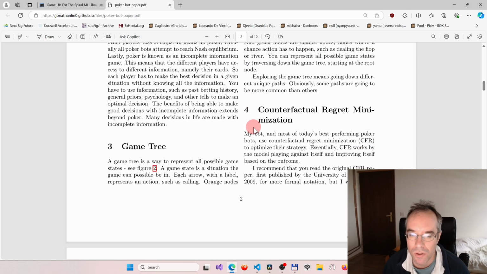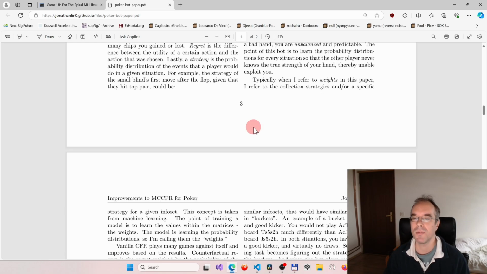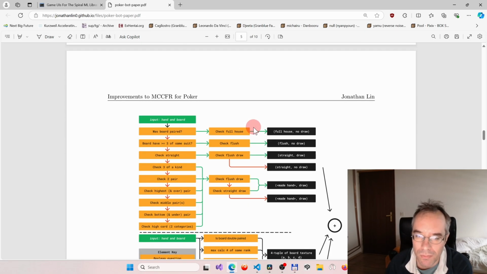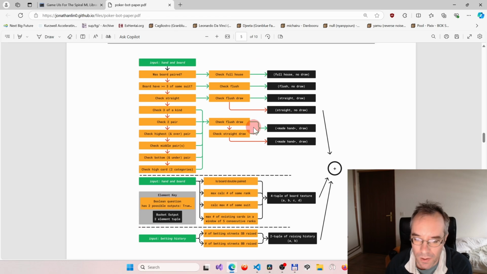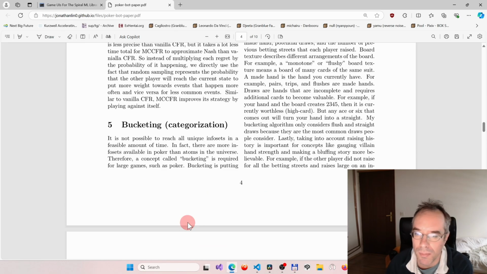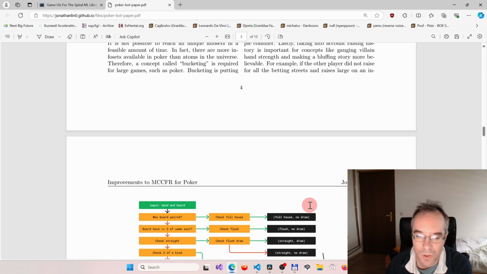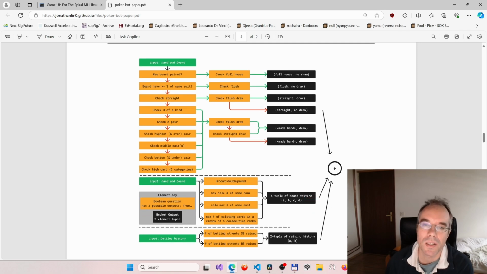He also talked about how he did a bucketing scheme to train a CFR agent. Post-flop bucketing algorithm. Oh yeah, and he also had a pre-flop bucketing algorithm. Okay, so